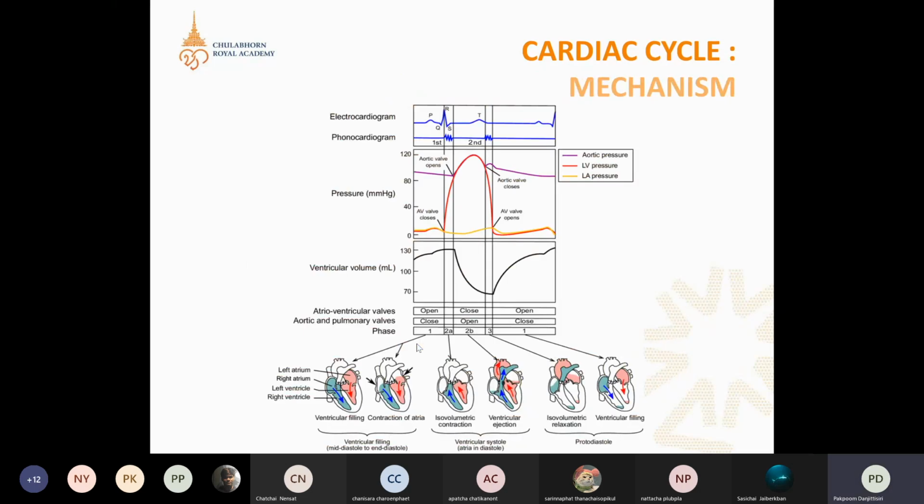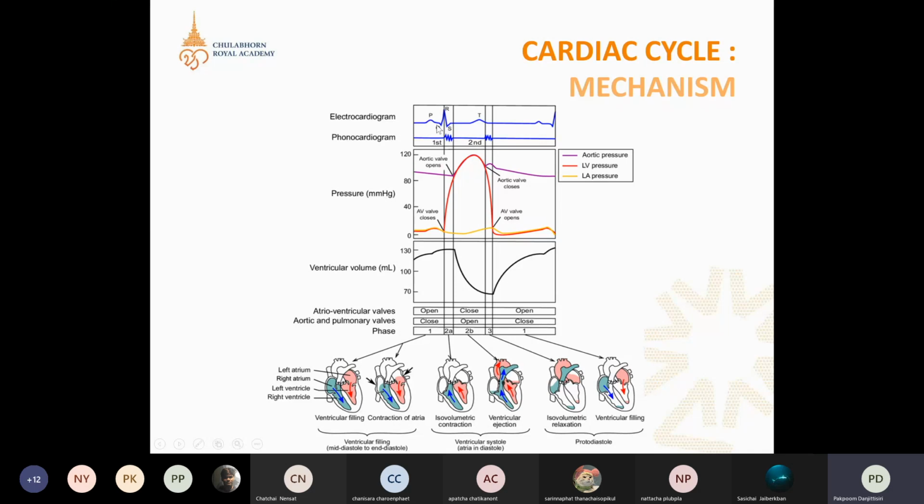Okay, this is a diagram called the Wiggers diagram, which shows the activity of the pressure in each chamber. This diagram shows the LV pressure, LA pressure, and aortic pressure, in relation to the electrocardiogram at the top of the diagram. Let's get started with this